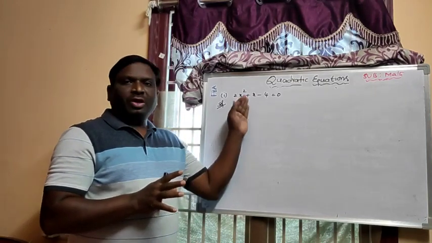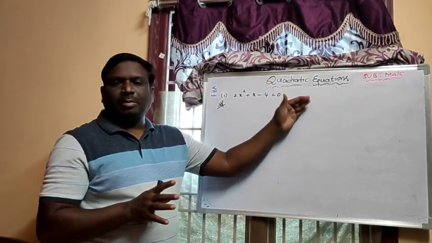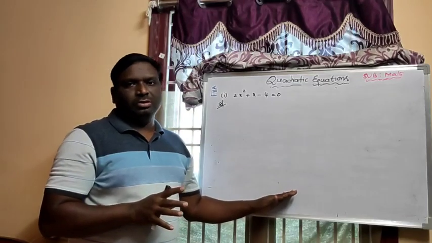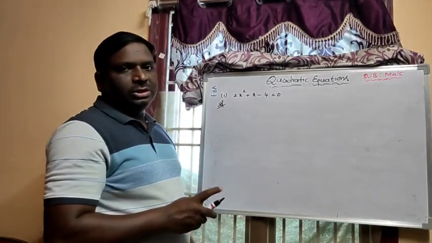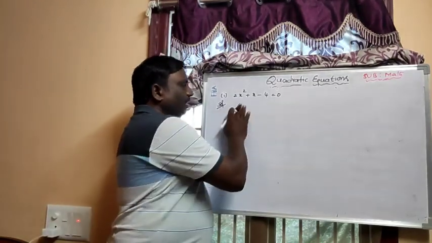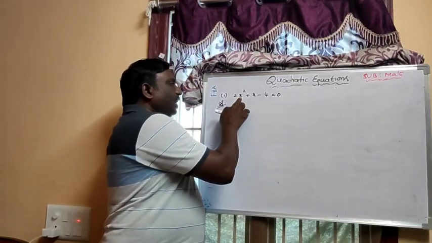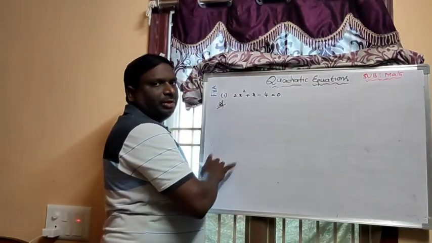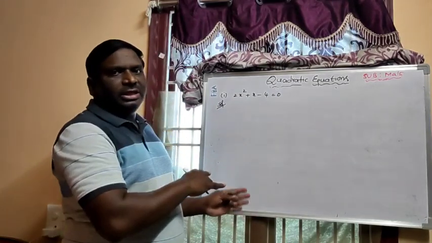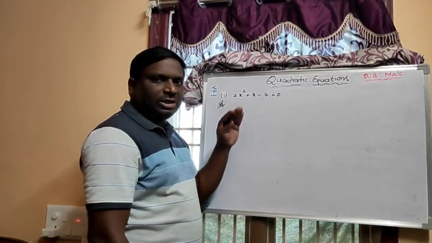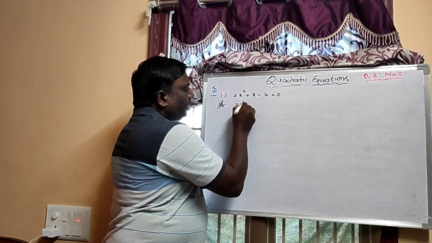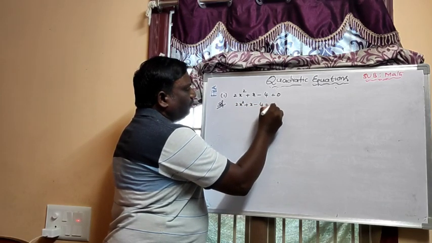Understand? So when they are asking for the completing square method, you have to do the solution by using the completing square method only. Okay, now I'm doing the solution by using the completing square method. What I said, the first step is you have to make the x square coefficient unity, that means 1. Here 2 is there, so I divide the total equation by a. So the given equation I am writing: 2x square plus x minus 4 equal to 0.